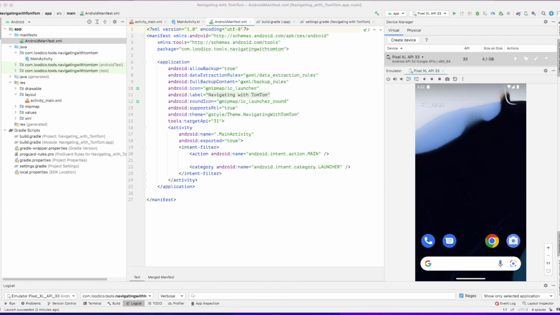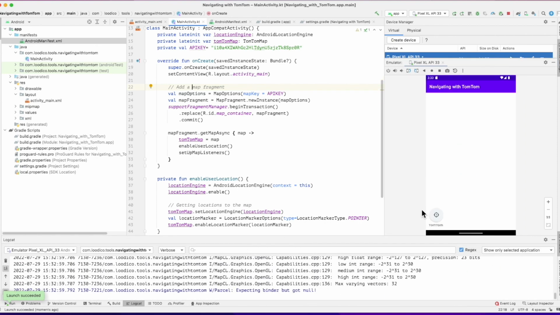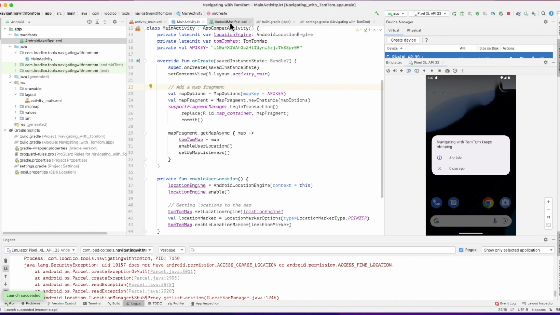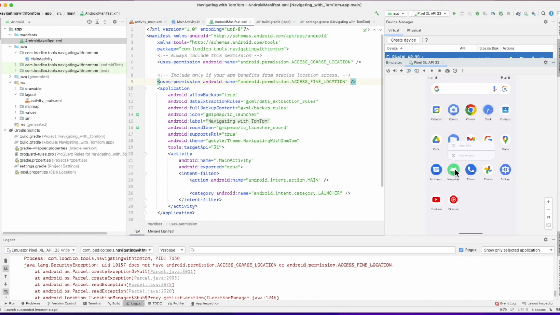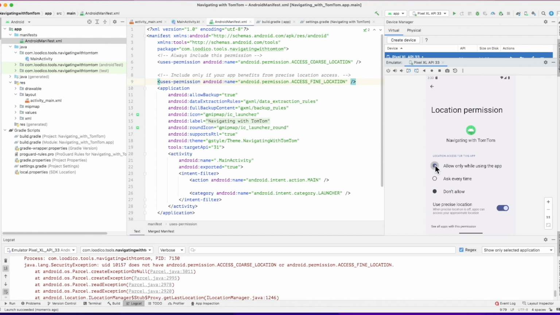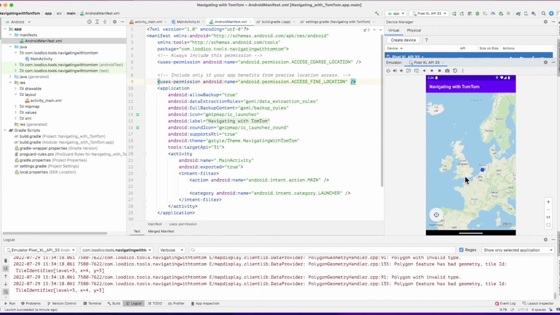Did I put the permissions already? I don't think so. These are the permissions in the manifest, of course. Now let's run it again. And of course, if we add the permission in the manifest, we actually have to give them permission in the options. Probably those permissions have to be added manually inside the options permissions. Let's see, I don't think they are set. If they are not set, let's allow them while the application is running, and let's try again. And voila, we have a location marker. That's the location that I set in Amsterdam.